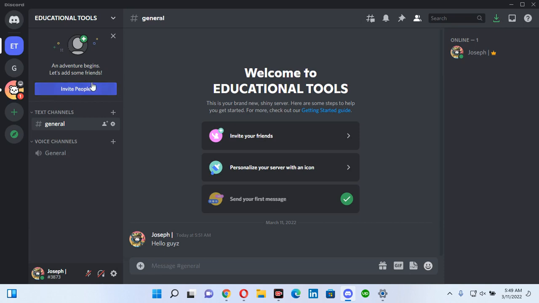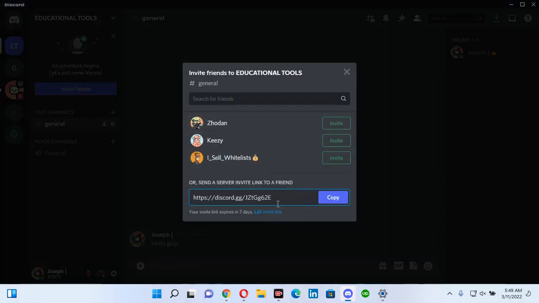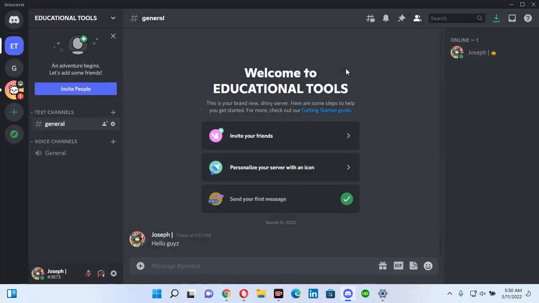As you can see here, there is an invite option, invite people, and when you click on this invite option, you will be inviting people to join your server, and you are going to get the invitation link so people can join your server easily. When I click invite people, you see here there is a custom link, and I can copy this and paste it, or I can invite an existing friend on my server, and I can hit invite. But I don't want to invite anyone there. What I need to do is come here and